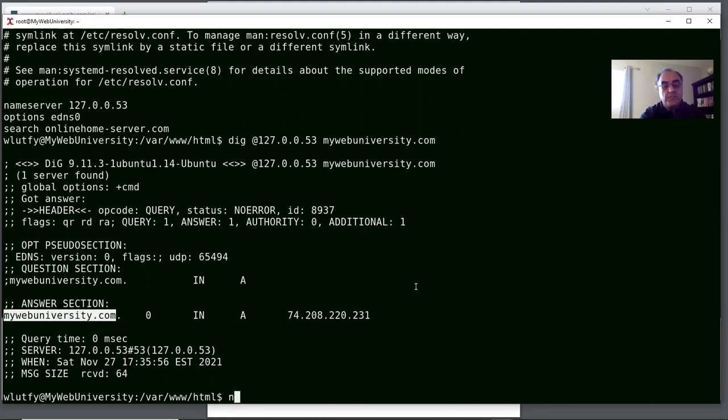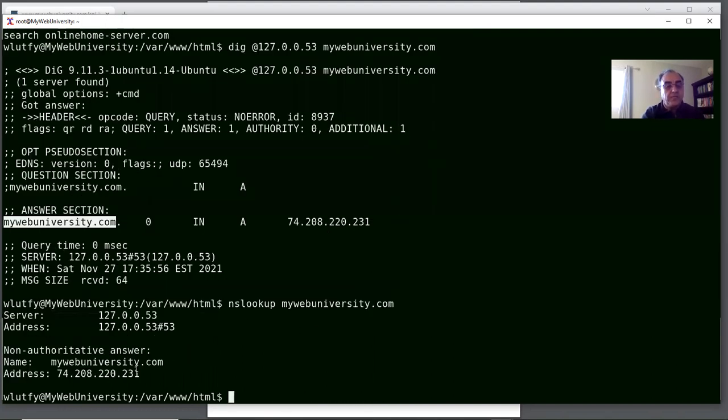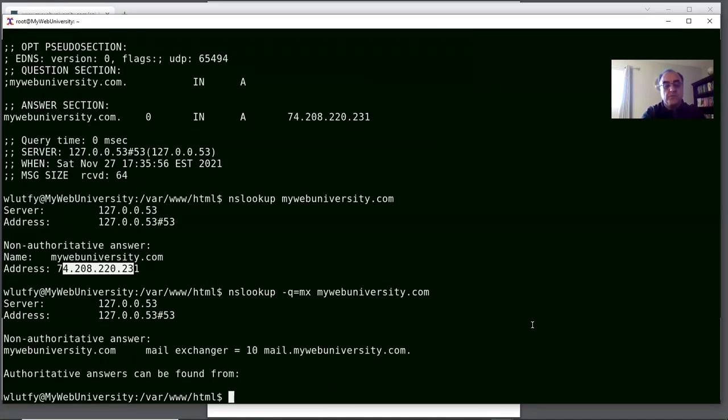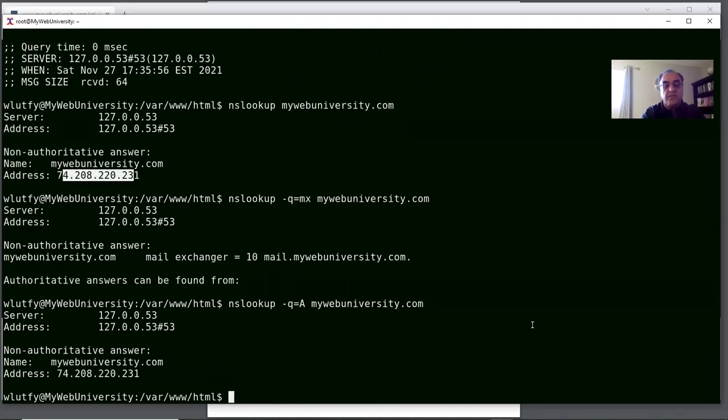When I do a name server lookup of MyWebUniversity.com, it also shows the same IP address here, but this one is a little bit more detailed. In nslookup, -q=MX for example shows the MX record if there's any, for mail exchanger, or -q=A for the A record. Similarly, if I do that for google.com, for example,